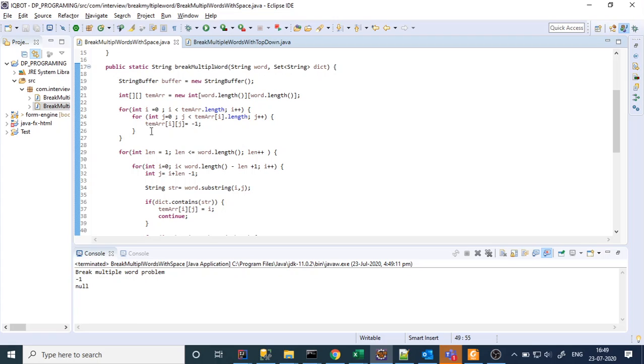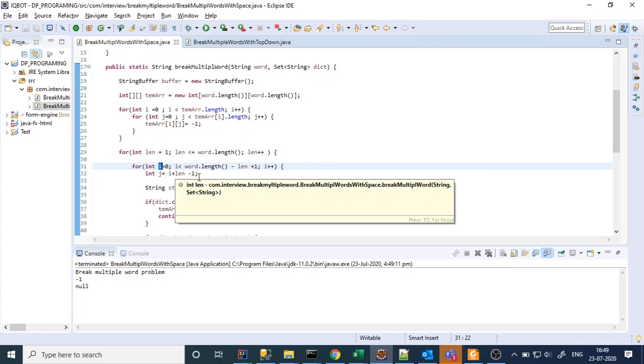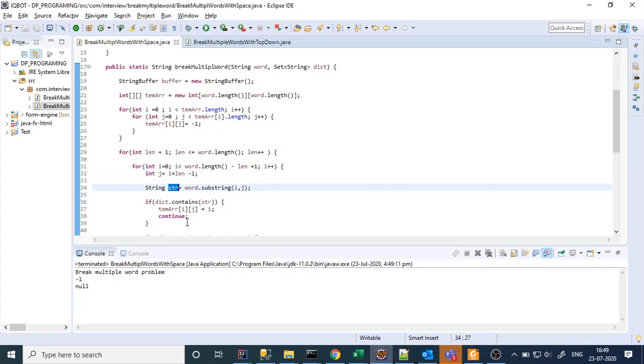Length equal to 1 and the length less than minus 1, then value of I length minus 1, then str.substring we identify based on this j value. So j will be like that, right?